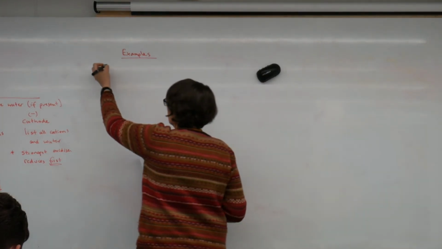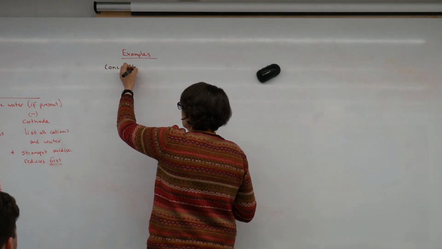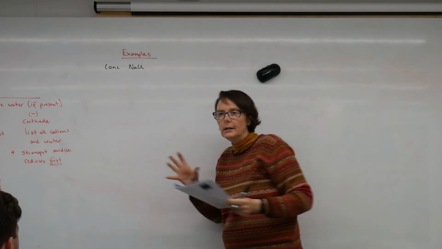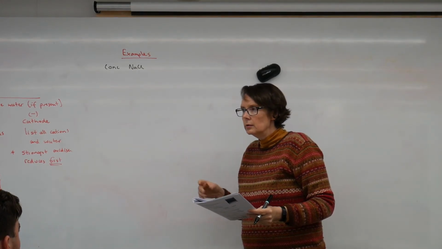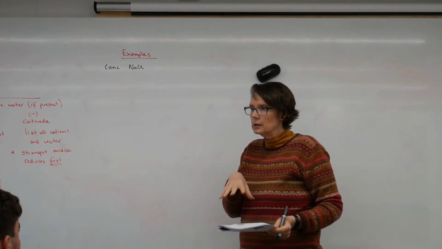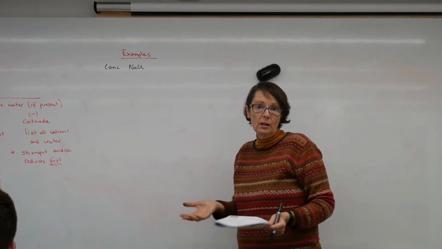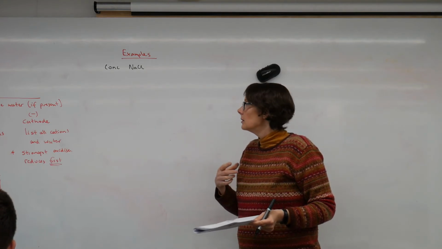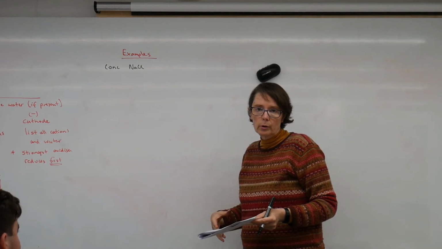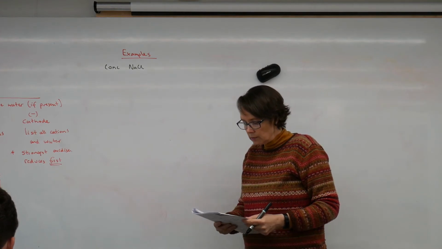If we've got a concentrated sodium chloride solution, anytime it says concentrated, that's a clue that the electrochemical series is probably incorrect for that particular reaction. And the question will give you the product. So if we read this,